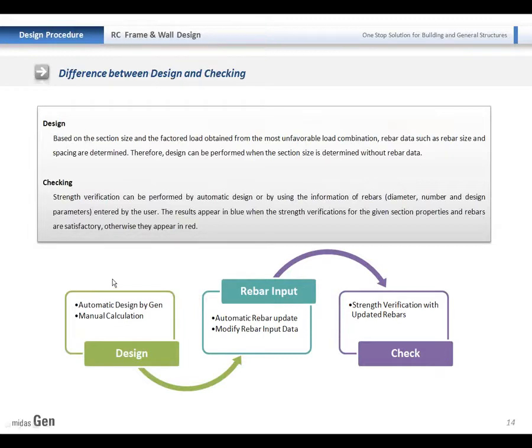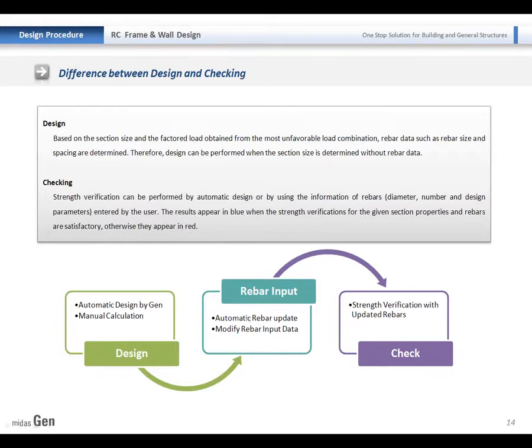As you've seen at the beginning of the presentation, we have 2 different functions for RC design. One is RC code design and the other one is RC code checking. The difference between the 2 is reinforcement assignment. For the design, even though we do not assign the reinforcement data, we can perform the design.